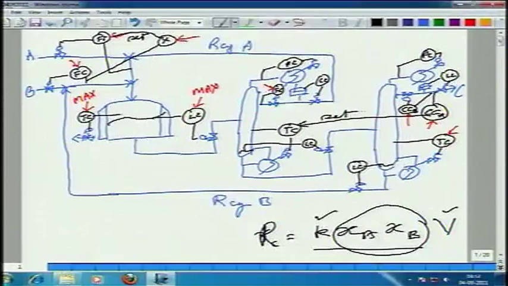So yes. Then residence time will also decrease. That doesn't matter. Residence time, V is fixed. Look at the expression. V is fixed, K is fixed. Because you are putting in more total A, more total B, it will essentially dilute out the composition of C. XC will go down, XA and XB will go up. So, generation rate of C will go up, even though XC itself has gone down. Do you see what I am saying? This needs to be understood.